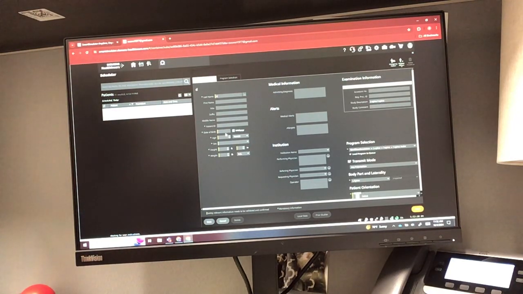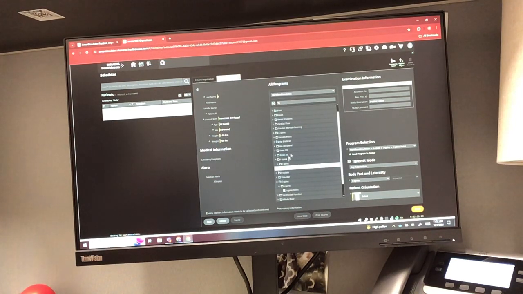Right, we are gonna register our patient for a cervical. Our patient is changing. They've already been screened, cleared for the exam. I need to pick the cervical assist